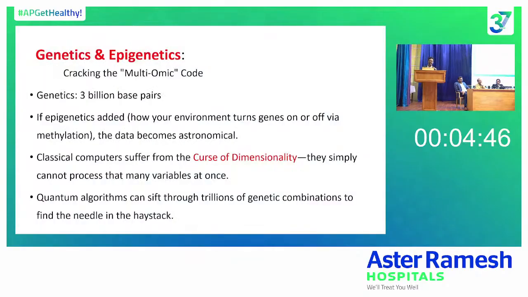The same thing for genetics and epigenetics. You know, genetics and epigenetics is one thing which classical computers never cracked, because of something called the curse of dimensionality, because it's a huge amount of data which classical computers cannot handle. With quantum algorithms, a few algorithms were developed like Shor's algorithm and all, which can sift through trillions of base pairs, trillions of permutations and combinations, and then decide what sort of genetic and epigenetic modification will help us in keeping the patient alive for 120 years, just like in the morning Dr. Anusha was discussing. So regenerative medicine, all these things are going to become much easier once quantum computers come.